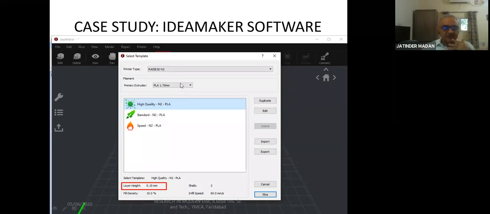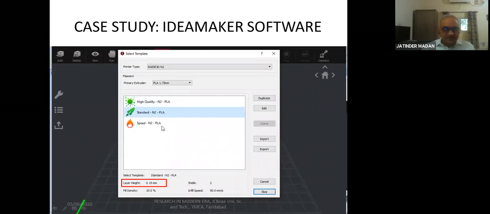it asks you what is the kind of extruder, meaning the material that you have, whether you want to go for high quality, standard, or speed. So remember, high quality means layer thickness will be less. Standard means normal. Speed means coarse. So here you see, when you have the high quality, you have the layer thickness say 0.10 mm. But as I go for speed or standard, the layer height is 0.15. Okay, and similarly, for speed it will be 0.20